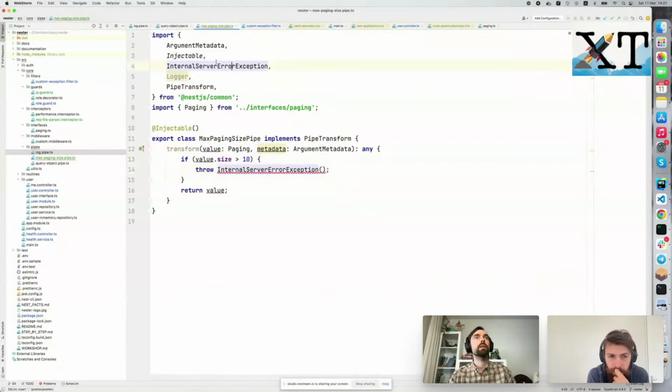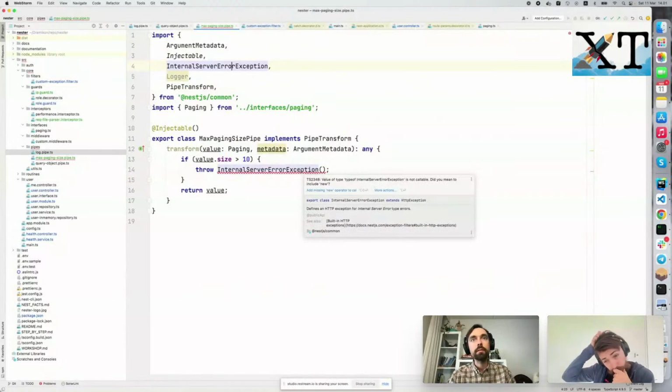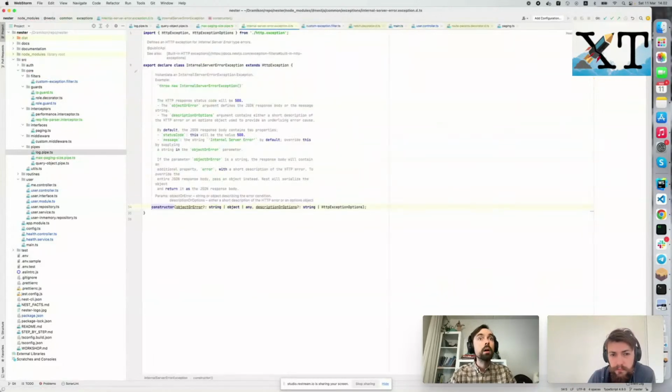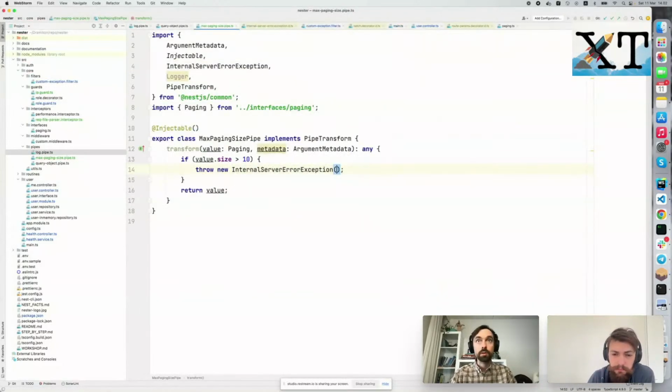But I will just utilize the one exception from Nest, and it requires a new, of course, and a string. So we would like to provide a string like paging with size bigger than